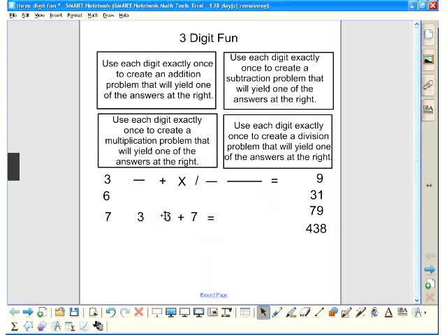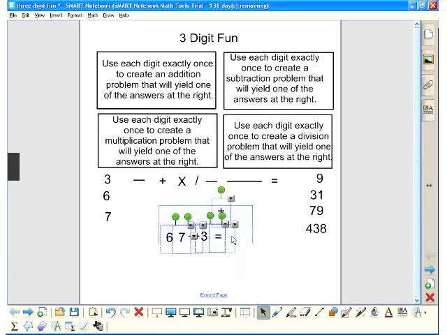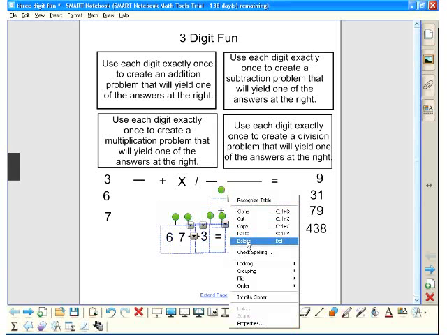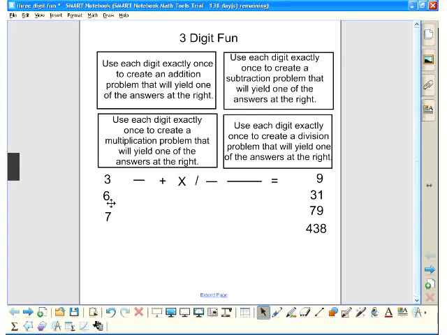I might want to try 67 plus 3. And that does not equal any of the numbers that are up there either. I could try 63, 67 minus 3, but that doesn't equal any of the numbers either. So I'm not doing a good job here, but I know you guys will do a much better job than I am. So let me just give you one of the answers. I'm going to use